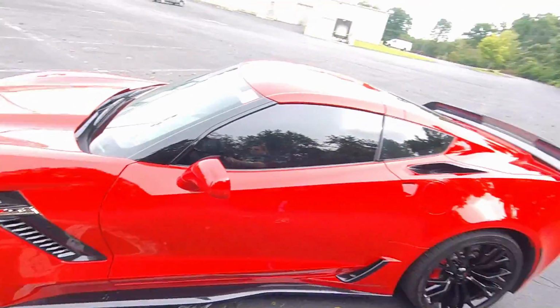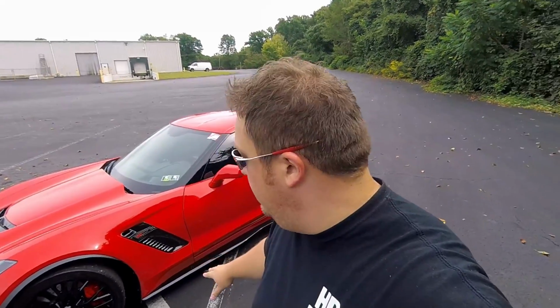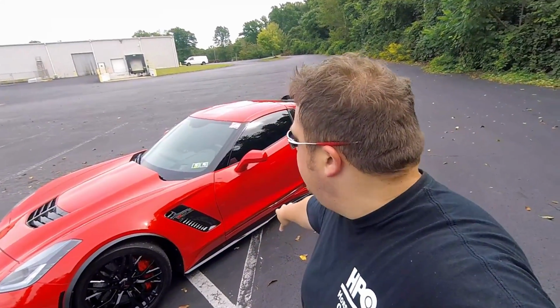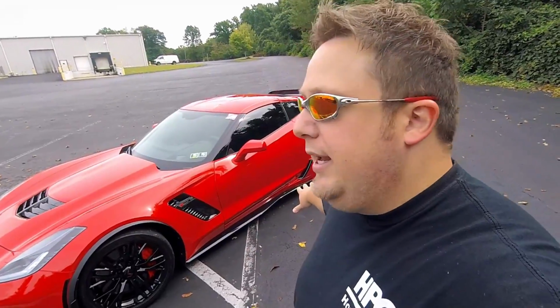Now again, for me, the way this car looks with the side skirts, it's a big aesthetic thing for me. I'm not even sure how much that really helps with the actual aero of the car. I do know it knocks down rock chips quite a bit though. A lot of the stuff that's kicked up from the front wheel, the side skirt actually prevents from getting kicked up alongside the car. So as far as that goes, they're functional for me,